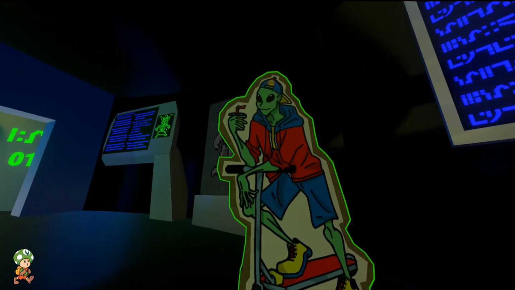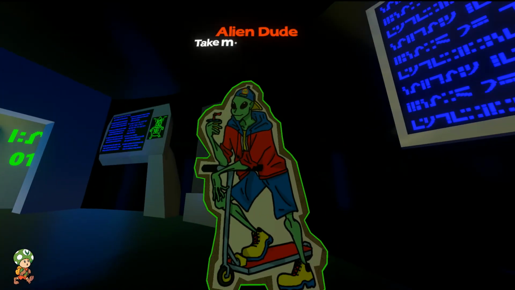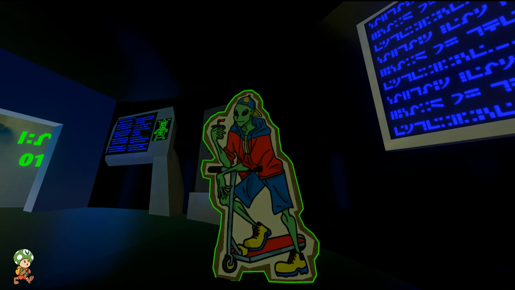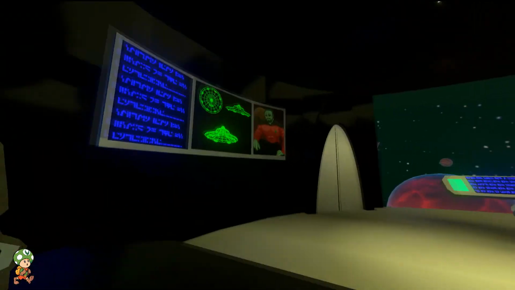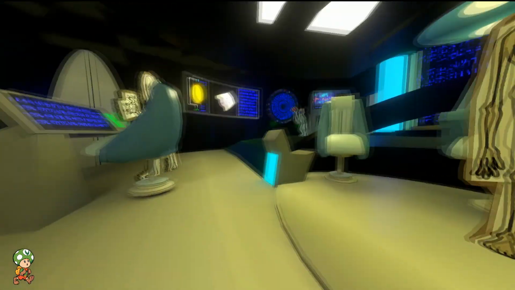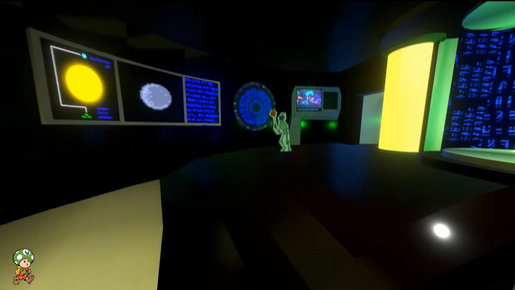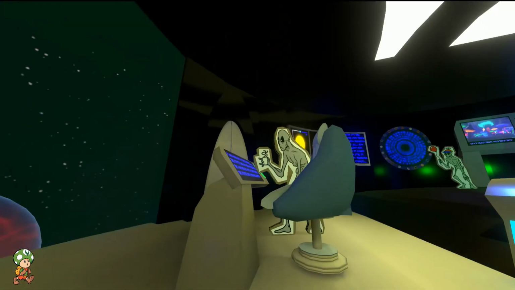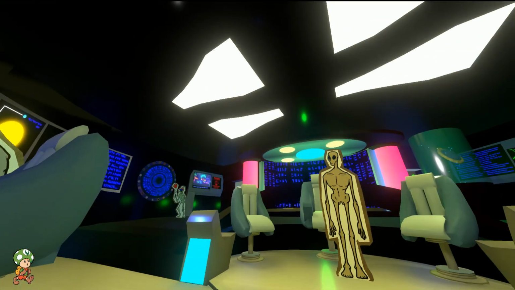Let's talk to our, this is our Lidl alien. Take me to your Lidl. Okay, so that's the only thing he says. I think that's it for the alien ship. And that might be all for this part of the dev talk. I'm trying to think if there's anything else in...